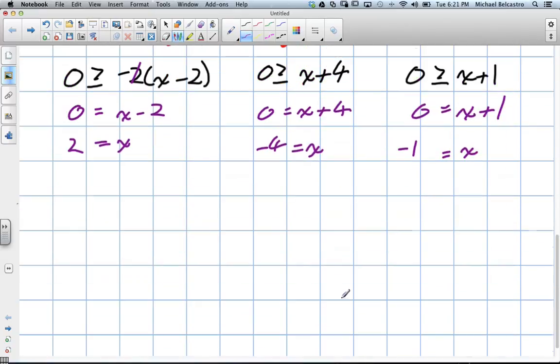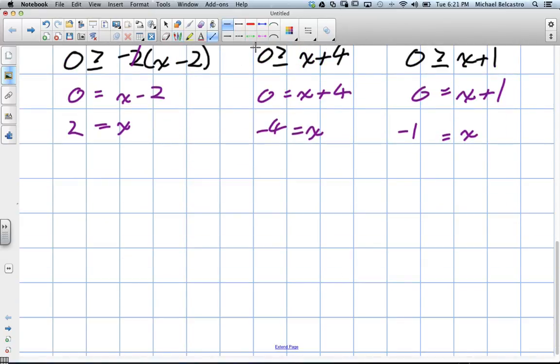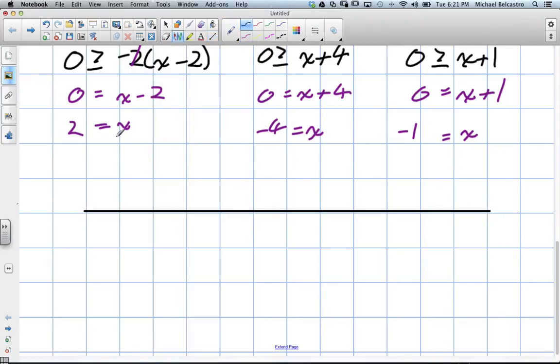So these being critical points, we use them kind of like on a number line. We use them to test values. So our 3 points are at negative 4, negative 1, and 2. And I kind of just drew those in arbitrarily. Let's say this is 0 and 1. Right, so here's 0, here's 1. That worked out good. 2, 3. Oh, I almost did it perfect. 4. Okay, so 4 over a little. Okay, so these being important points to us,